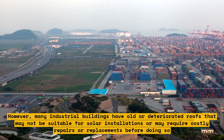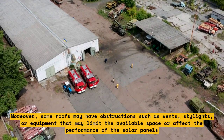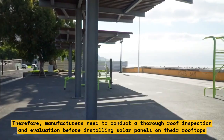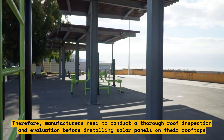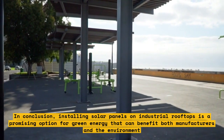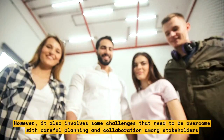Moreover, some roofs may have obstructions such as vents, skylights, or equipment that may limit the available space or affect the performance of the solar panels. Therefore, manufacturers need to conduct a thorough roof inspection and evaluation before installing solar panels on their rooftops. In conclusion, installing solar panels on industrial rooftops is a promising option for green energy that can benefit both manufacturers and the environment. However, it also involves some challenges that need to be overcome with careful planning and collaboration among